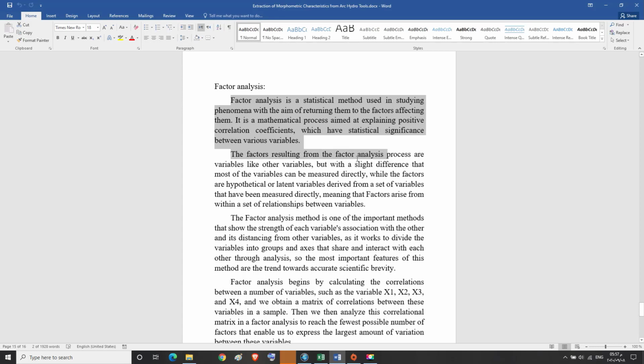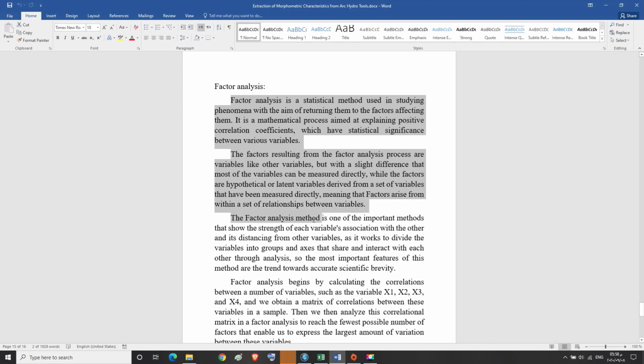The factors resulting from the factor analysis process are variables like other variables, but with the slight difference that most of the variables can be measured directly, while the factors are hypothetical or latent variables derived from a set of variables that have been measured directly, meaning that factors arise from within a set of relationships between variables.